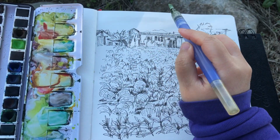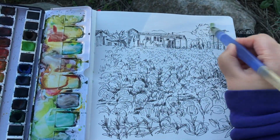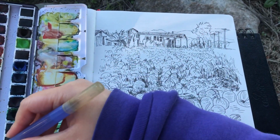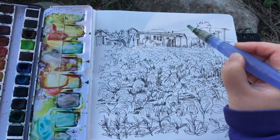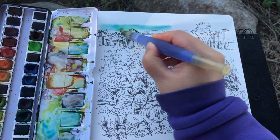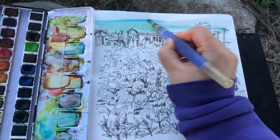So when painting a landscape, I always like to paint the sky first. As you can see, I'm wetting the sky area first with clear water by squeezing my water brush. So the sky area is wet, and now I'm laying a mix of green and blue, so it's a nice